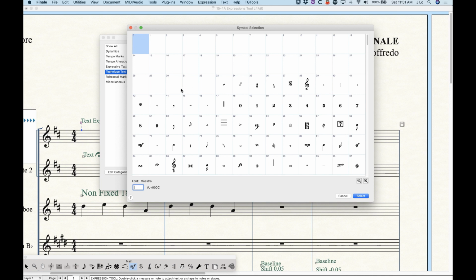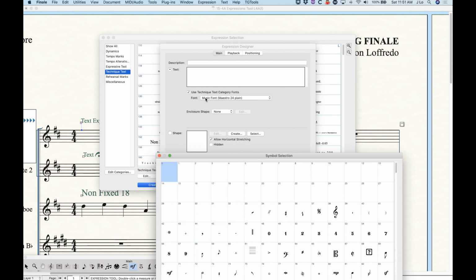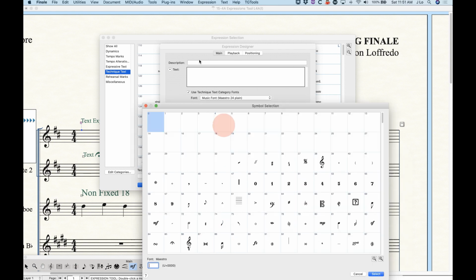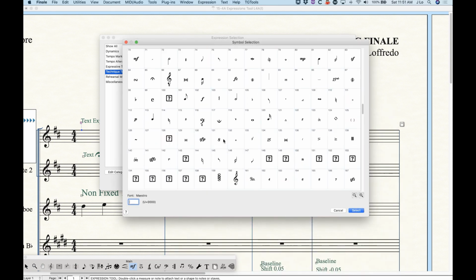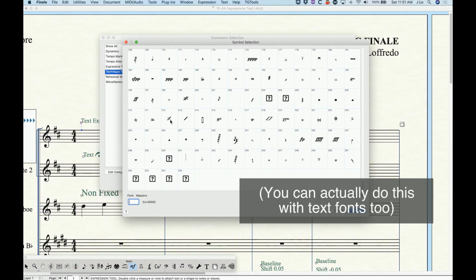Now, this is every single character that exists in the font that you're currently using. In this case, I've selected the music font Maestro 24 Plain. So now it's giving me every character that exists in the Maestro font, so I can choose anything I want. Just select the